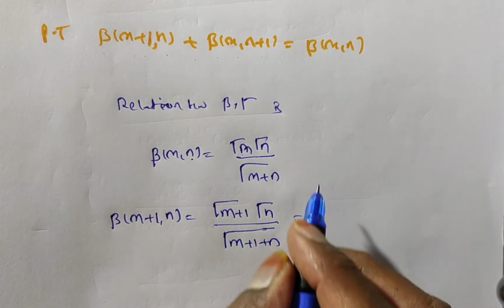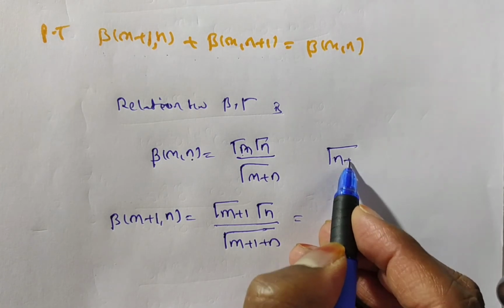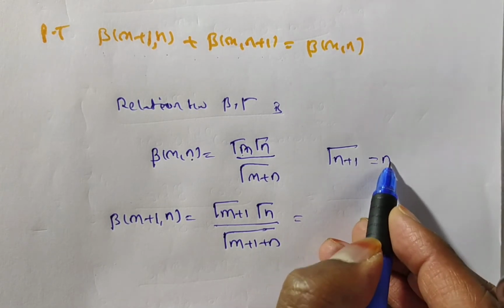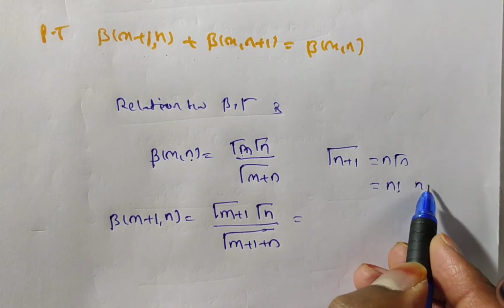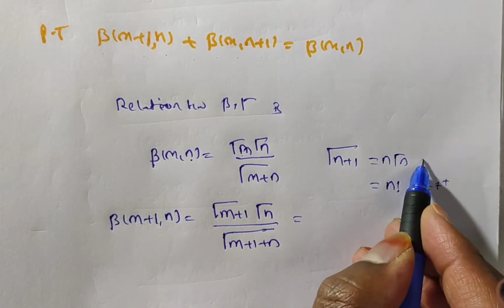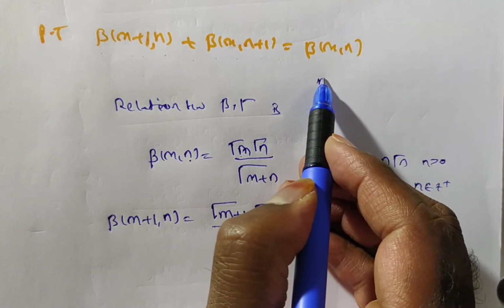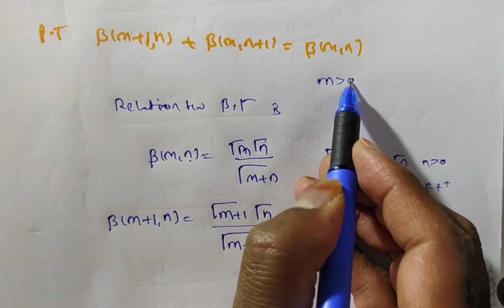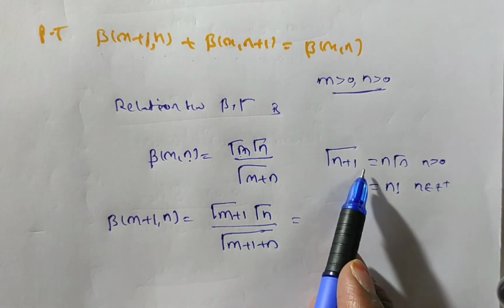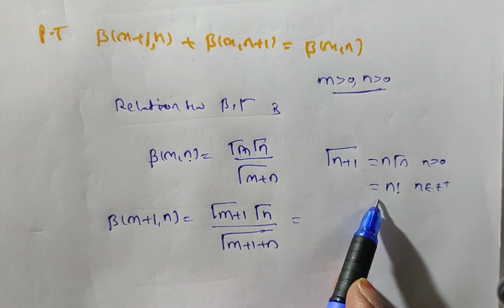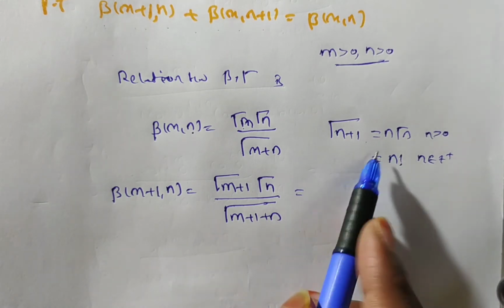Okay. Now we have another formula. Gamma function general formula: gamma of n plus 1 is equal to n into gamma n. One more formula: gamma of n is factorial of n minus 1. This is for n belonging to positive integers, and the other is for any n greater than 0. Friends, in the definition we know that the beta function is convergent for m greater than 0, n greater than 0. So you can apply this formula generally. Now here in this case, suppose m is 1 by 2, 1 by 3, whatever it may be, we can use this one.